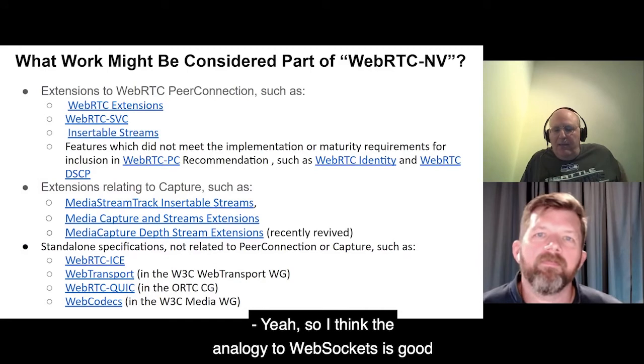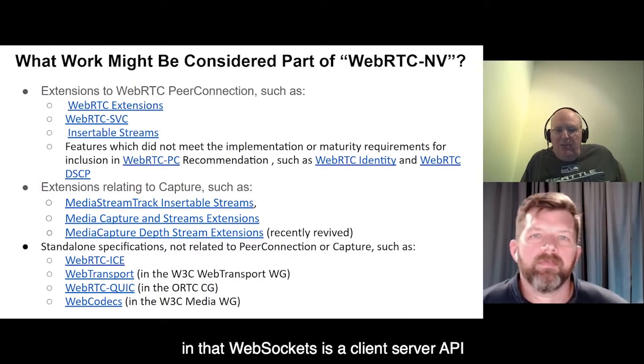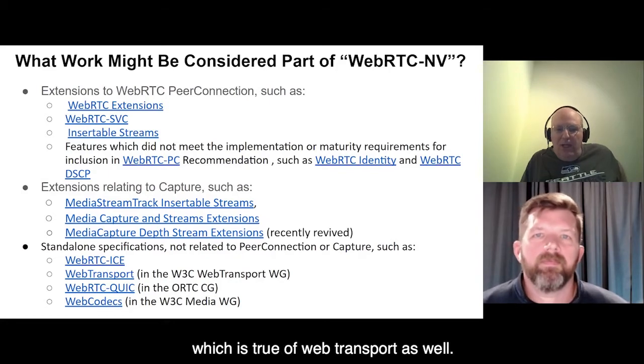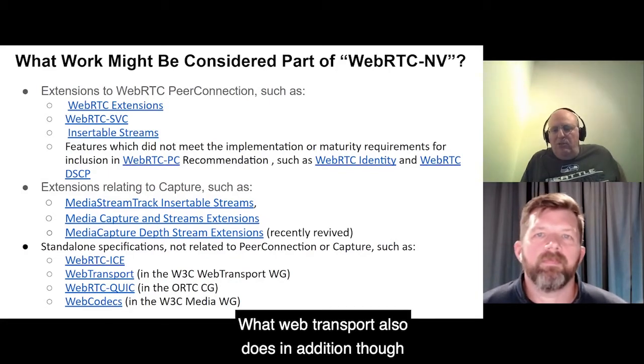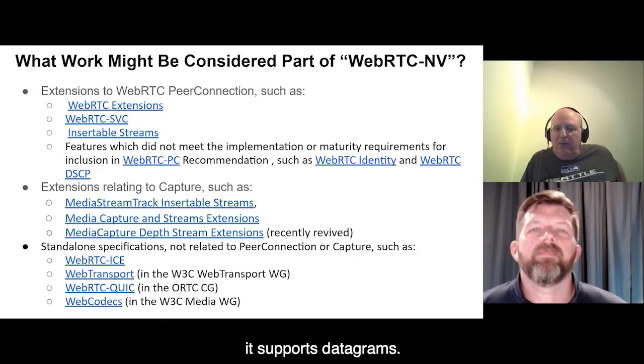Yeah, so I think the analogy to WebSockets is good in that WebSockets is a client-server API, which is true of WebTransport as well. What WebTransport also does in addition is that it's not just about reliable communications. It supports datagrams.